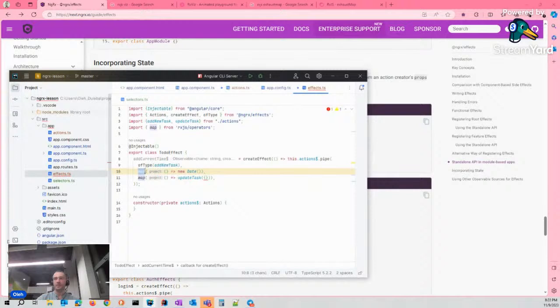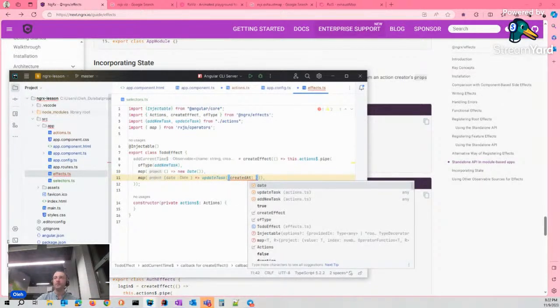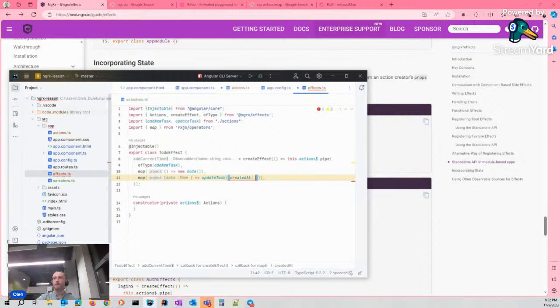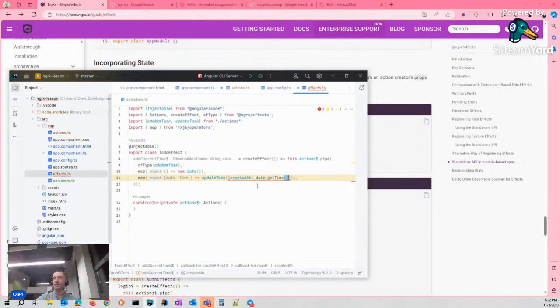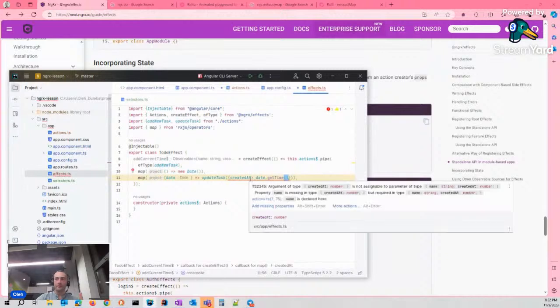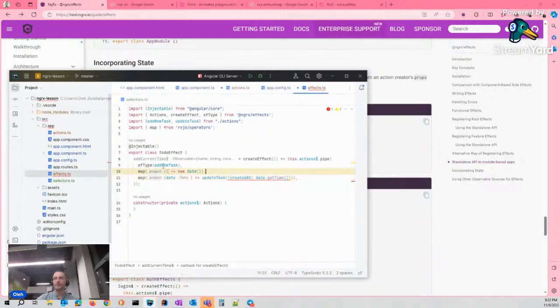New data, my first map returns an instance, date and created at parameter. It's a date, get time. But I forgot about the name property. I lost it.